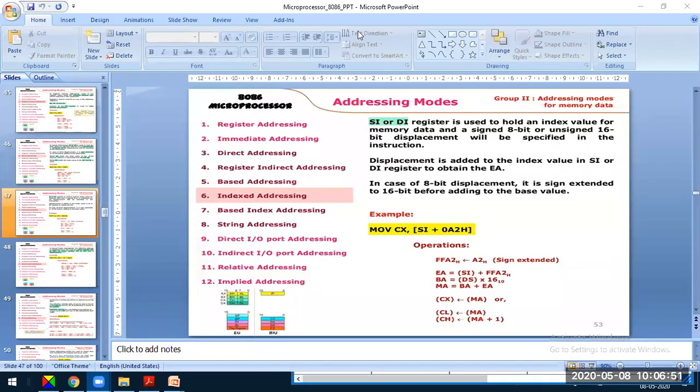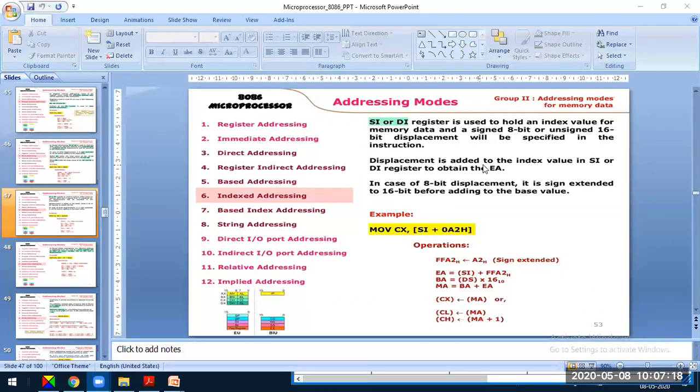So source index and destination index hold an index value. Along with that, an additional 8-bit signed number or 16-bit unsigned value is specified as a displacement with respect to the content of SI and DI, to form the effective address.